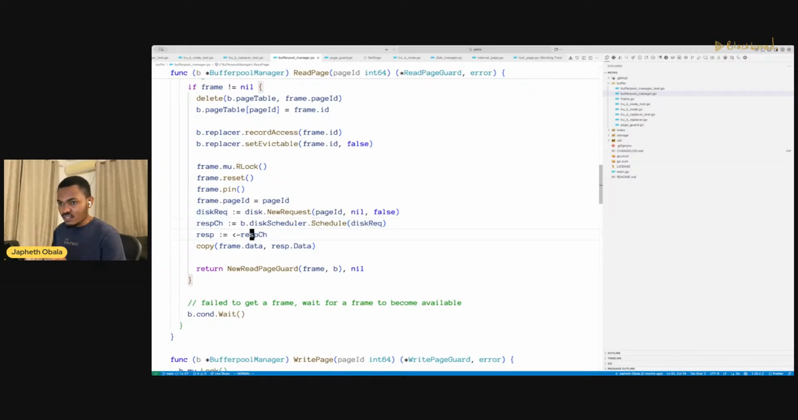And then this is where the asynchronicity comes in. Here, between making the request and actually using the response, we can do any number of things. But for my implementation, we just wait until that response is ready, because in Go, reading from a channel will block until there is something to read from. So we get the response, and then we copy data from the response into the frame, and then we finally